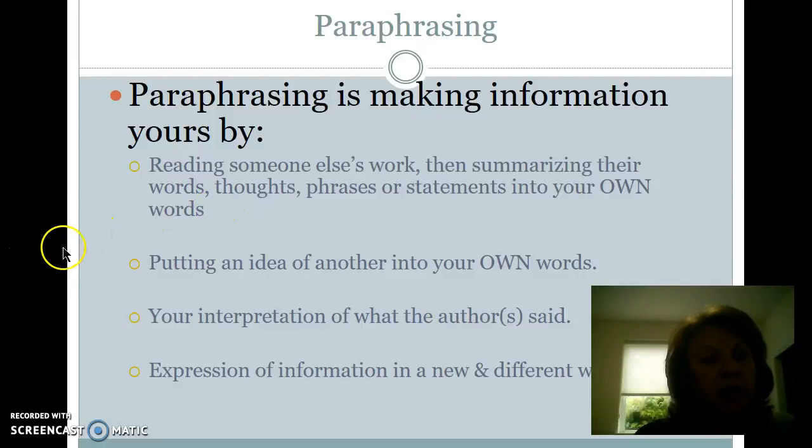Paraphrasing is different than direct quoting because paraphrasing is summarizing words, thoughts, and phrases that you've read into statements that incorporate the ideas that you've learned. It's really putting the ideas of another into your own words. It's your interpretation of what you think